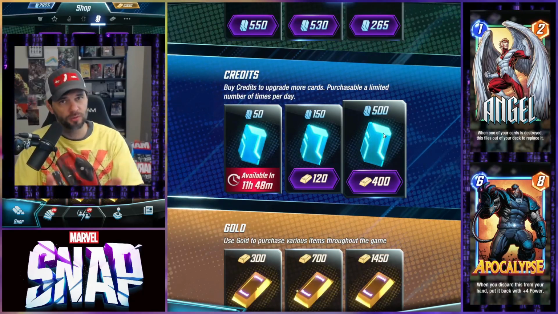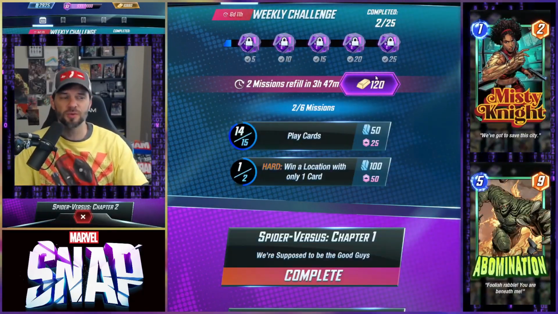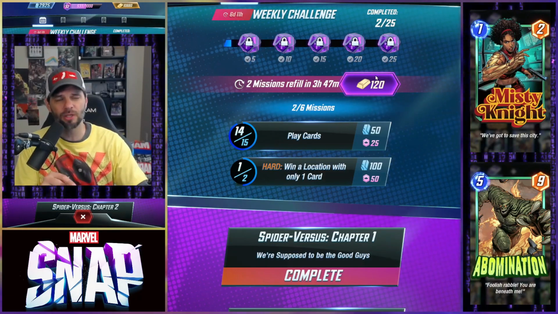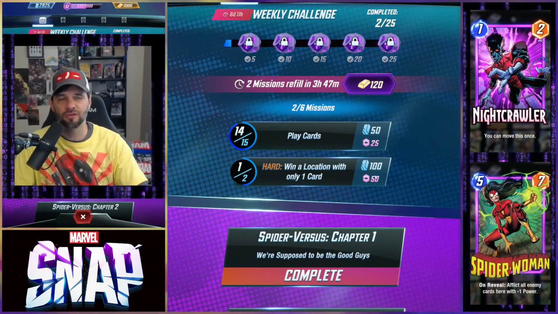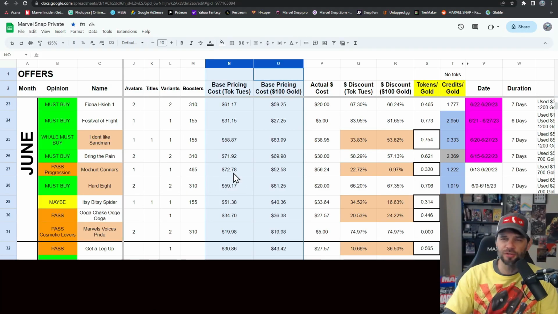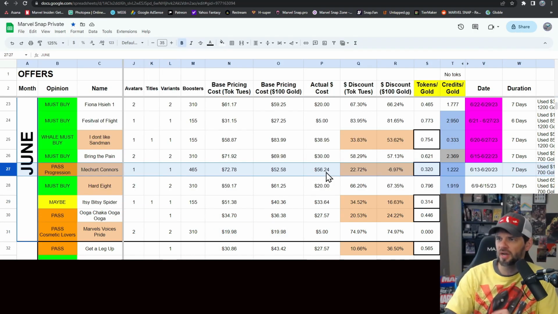So that gold will last you a little while, 5.5 days to be exact. And they will also refresh these missions, which I believe, and comment on this one below if you know for sure, you can do 3 times per day. So you'll get a little bit of extra credits. I break it down as basically your Token Tuesdays, your cheaper spenders, and your $100 gold offers or your whale types. So when looking at this, the actual cost of this offer is about